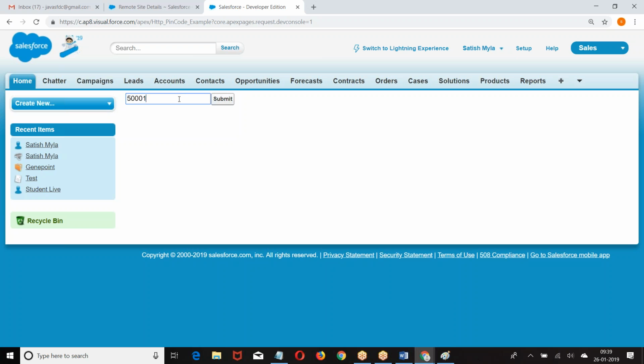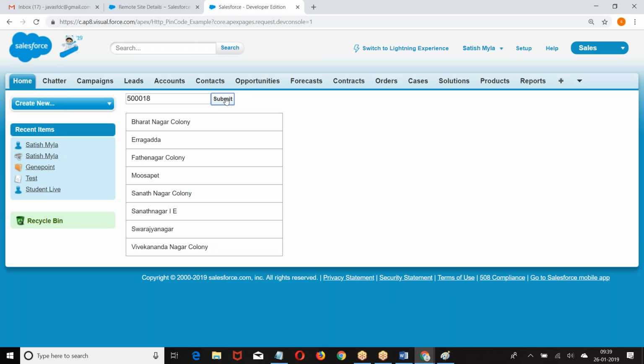If I give the pin code number, based on the pin code number I am getting the corresponding places which are covered under the pin code number. I am displaying it.